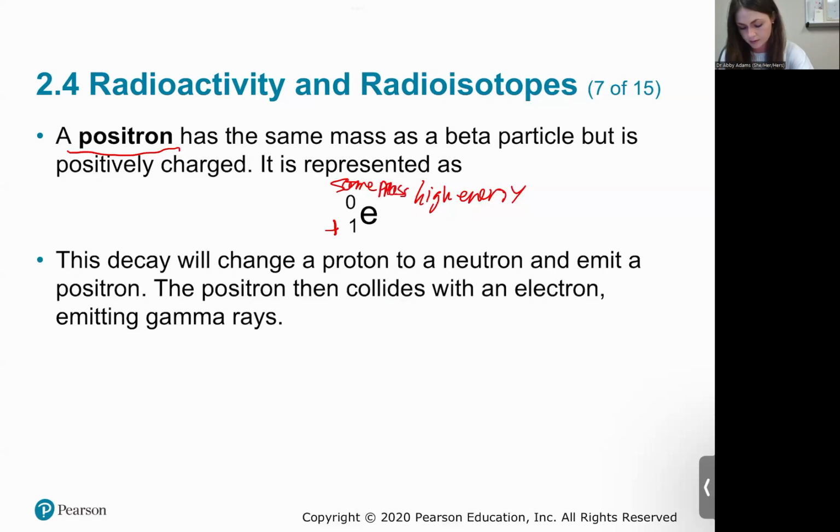Same mass as the high energy particle. That's the beta one, right? So it looks very similar. Okay, so the decay changes the proton to a neutron and emits a positron. And then the positron collides with an electron, and that will emit gamma rays. Okay, so basically,